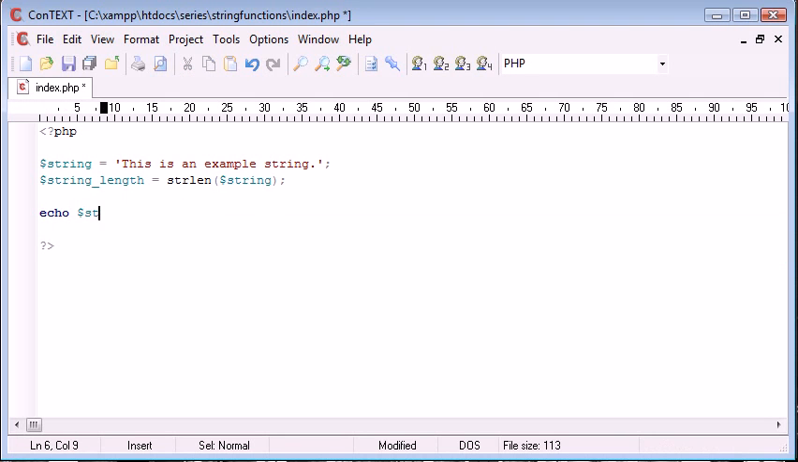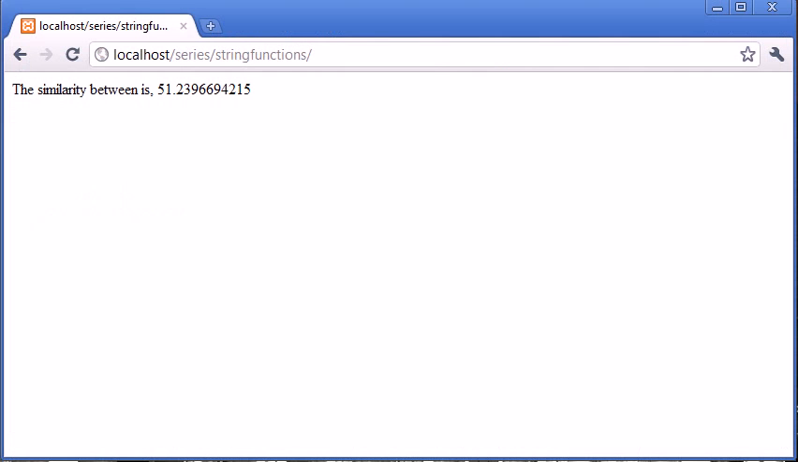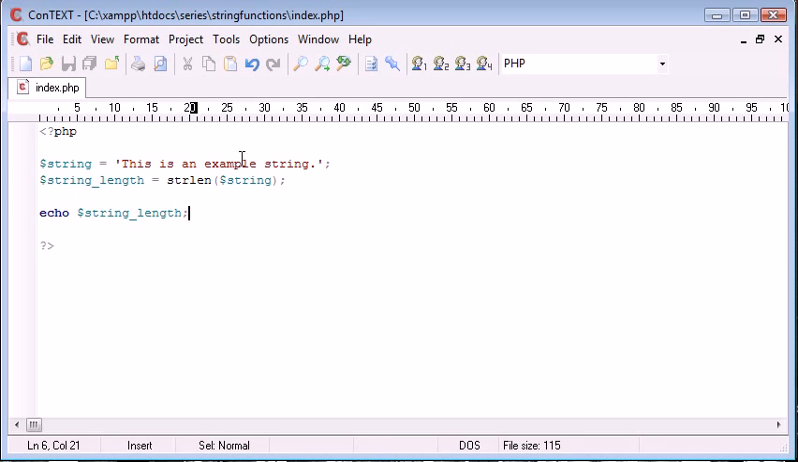So let's go ahead and echo out the string length just to give you an idea of what this returns. So it will return an integer value. This counts the characters, so we've got 26. That seems about right. That's including the full stop as well, so it's any text